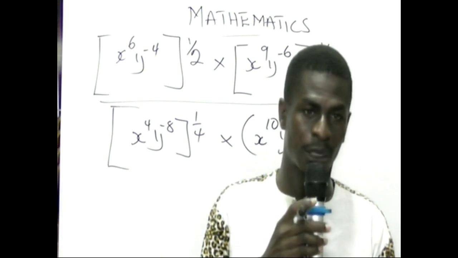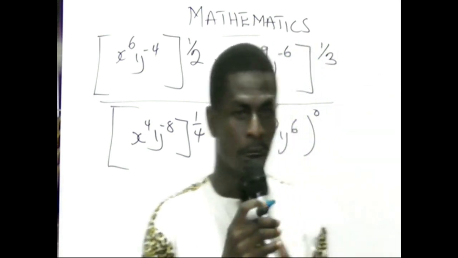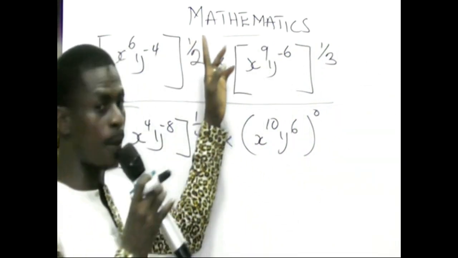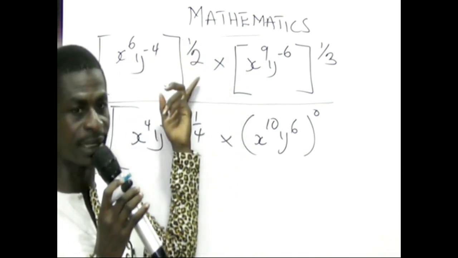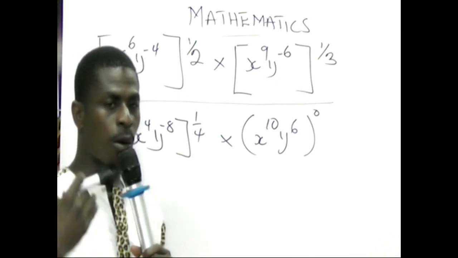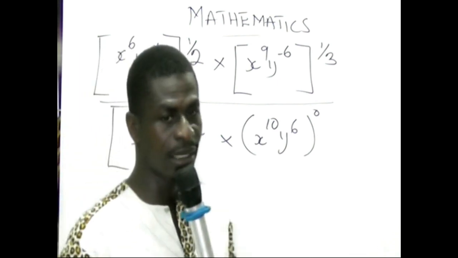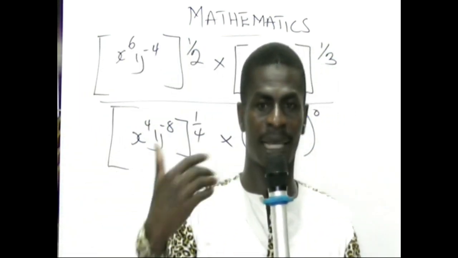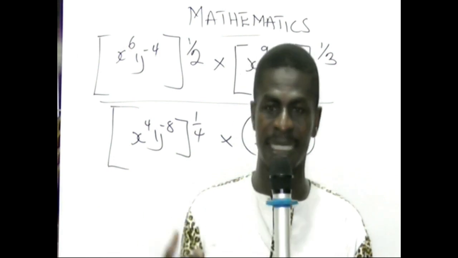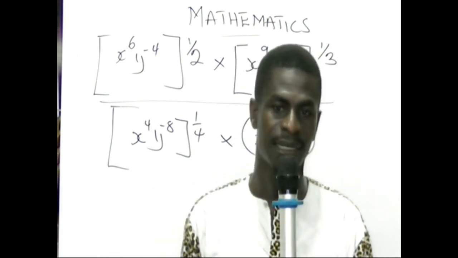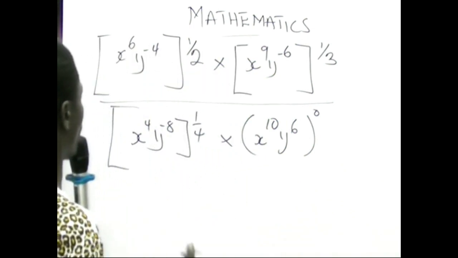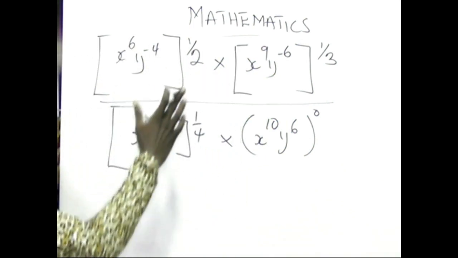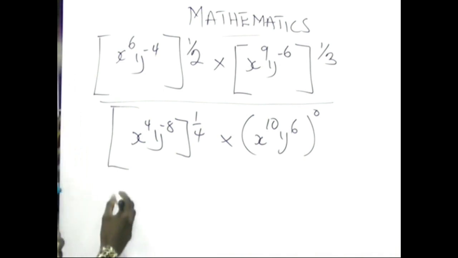To solve such a question, because we have a power to a power, anytime you see a power to a power, you can simply multiply the powers, especially when you have been told to leave your answer in index form. An index simply means a power. So from here, we are going to multiply each power by the outer power. So we can simply write